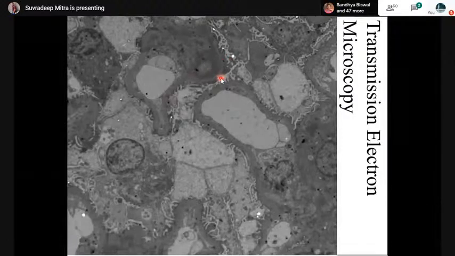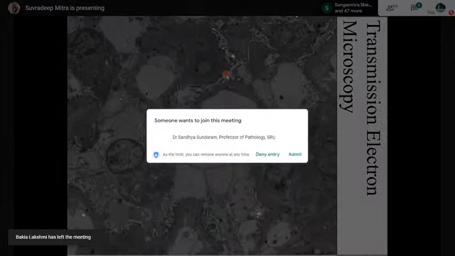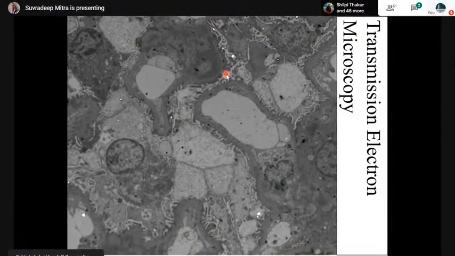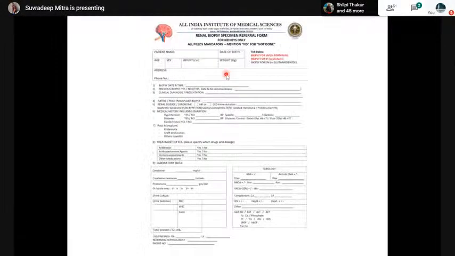Intramembranous, which means inside the glomerular basement membrane, and subepithelial, that means in between the podocyte foot process and the glomerular basement membrane. And lastly,